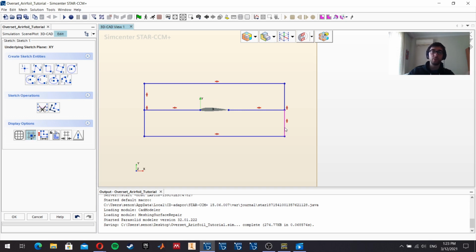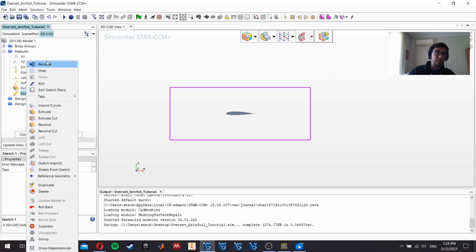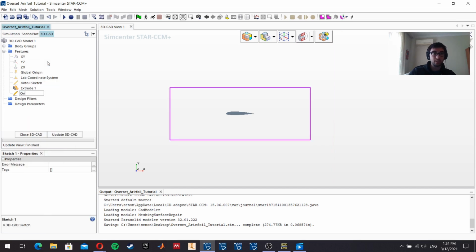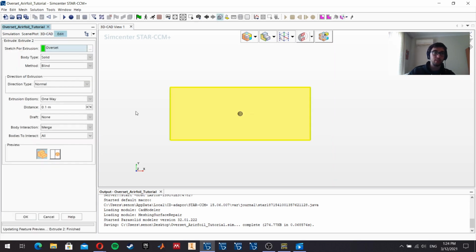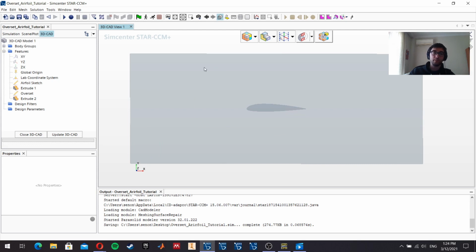In order to extrude, we have to delete the lines we have created, otherwise it won't extrude. Once you delete those lines, hit OK. This sketch will be your overset region. Rename it. Also extrude this 10 centimeters once again. We don't touch anything else except for body interaction. Say none. Okay. Hit OK. Apply it. Now you can see that you have created your overset box